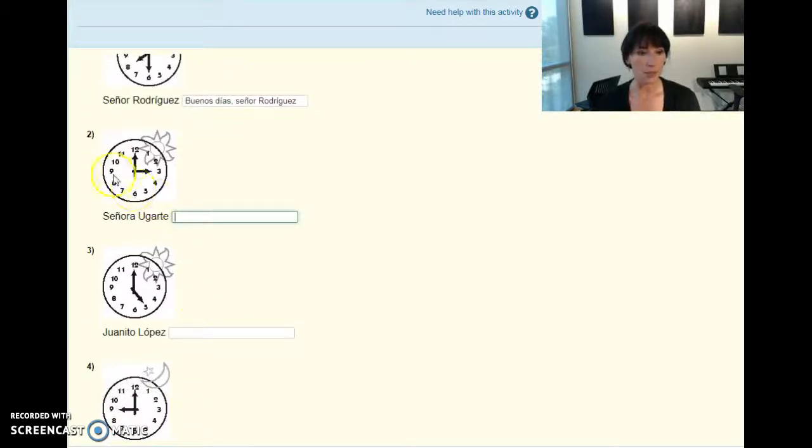With this one, it is in the afternoon, so we're going to say buenas, and this is another big thing that I keep seeing. If you look at the vocabulary, it is buenas tardes. Okay, the phrase is buenos días, but then it's buenas tardes and buenas noches. And we'll be learning more later about the way gender works in Spanish and why we use buenos for some things and buenas for other things. But for now, just think about it as that vocabulary phrase is buenos días and buenas tardes, and make sure that you're paying super close attention to that kind of spelling. Okay, Señora